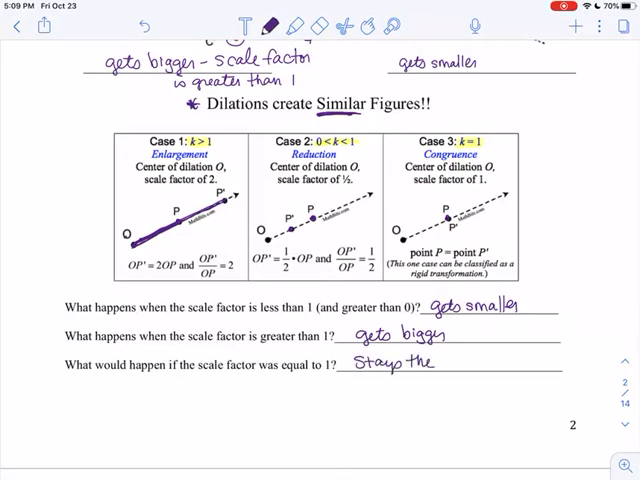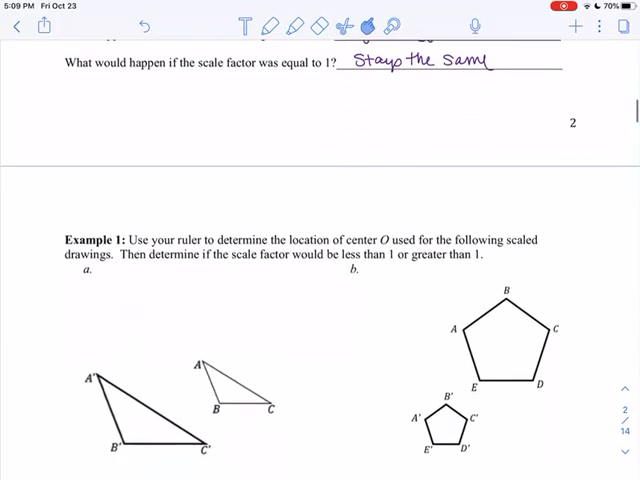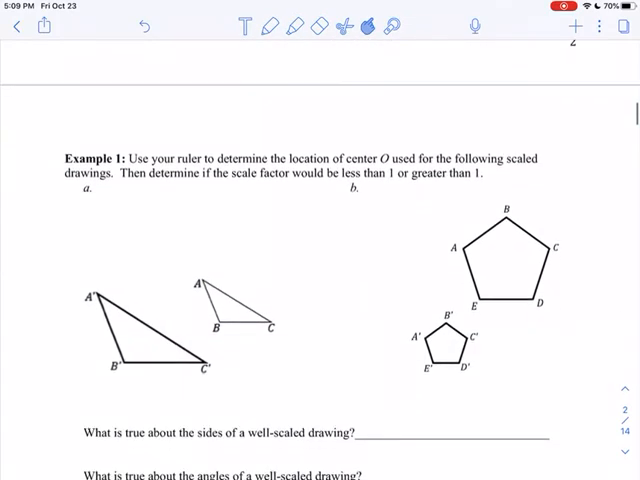What happens when the scale factor is greater than 1? It gets bigger. And what happens when the scale factor is equal to 1? It stays the same. All right, so if we turn over the page,